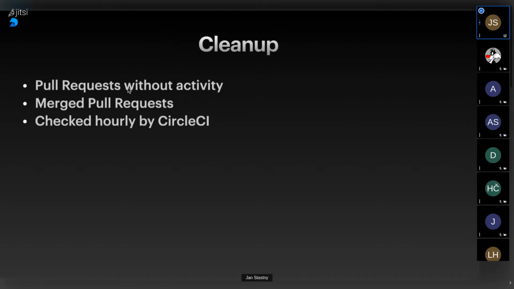It checks the timestamp inside of the annotation of the namespace. If the review application is too old, it simply gets deleted. And also, in case there is no pull request open for the given review app, meaning that this pull request has already been closed, we also delete or shut down the review app. Simply to save the resources, as nobody actually needs this. Once this is in develop, once this is merged, nobody needs this.